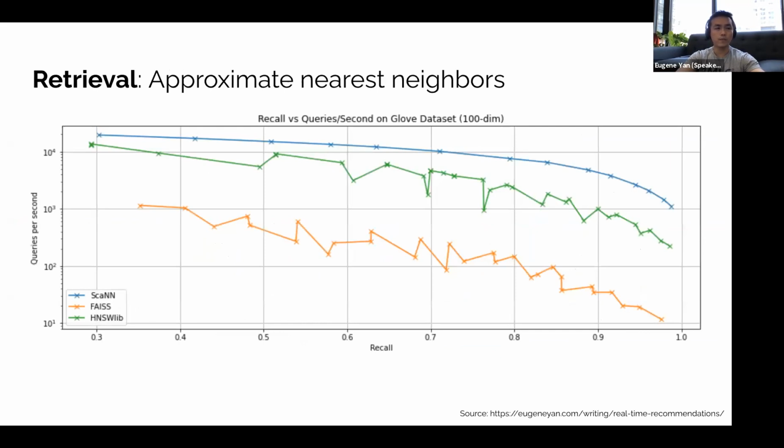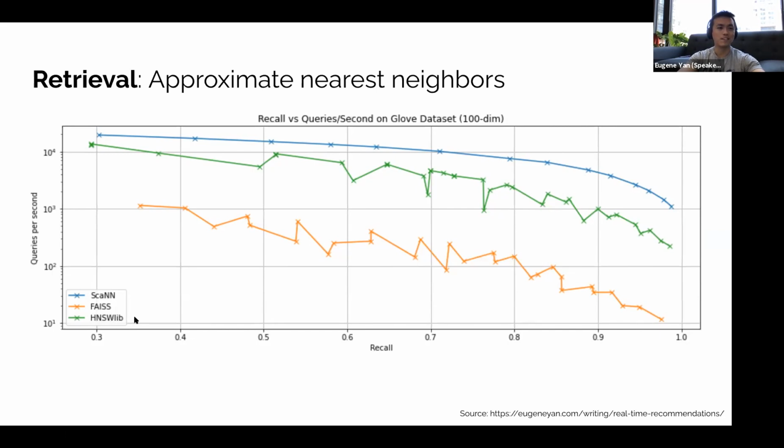Once we have all these embeddings, we can apply approximate nearest neighbors. Why do we need to use approximate nearest neighbors? Because exact nearest neighbors is going to be very slow, and we don't need that precision in the candidate retrieval stage. Approximate nearest neighbors trade off accuracy for speed, and there are several open-source implementations, such as Google's ScaNN (Scalable Nearest Neighbors), Facebook AI Similarity Search, and Hierarchical